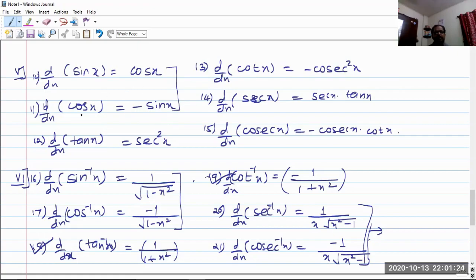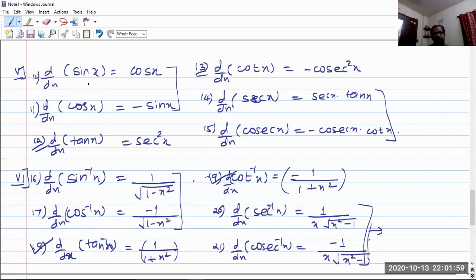First, the derivatives of sin x and cos x, then the derivatives of tan x and cot x, and then we make the pair of these two, that is the derivatives of sec x and cosec x. They have some similarities. Here the derivative of sin x is cos x, whereas the derivative of cos x is minus sin x. They are just interchanging each other. Only the derivative of sin x is positive, whereas that of cos x is negative, and only the functions are getting interchanged, sin to cos and cos to sin.